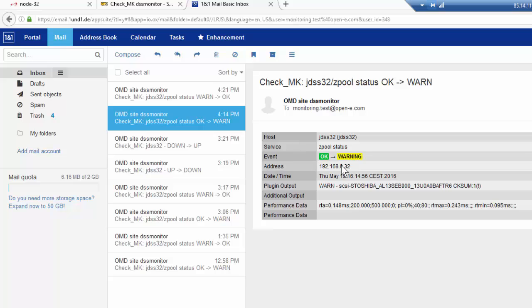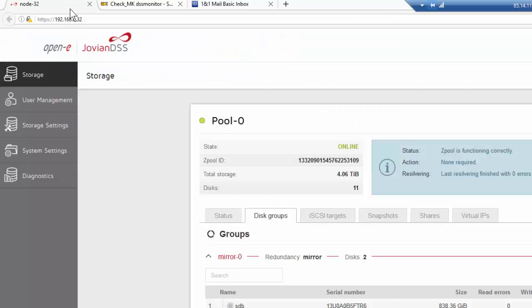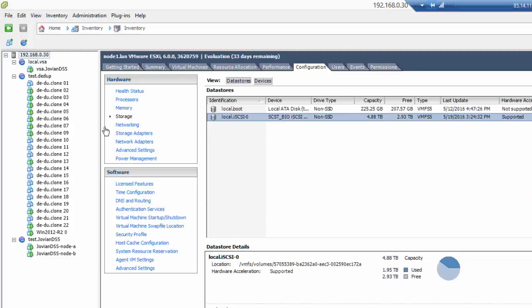So that was our first message when we were seeing a warning about the checksum error on this disk, and that is after repairing, replacing the disk, the situation now, it's green. Super. So that was the self-healing demonstration, and also we would like to demonstrate the situation where I am, let's